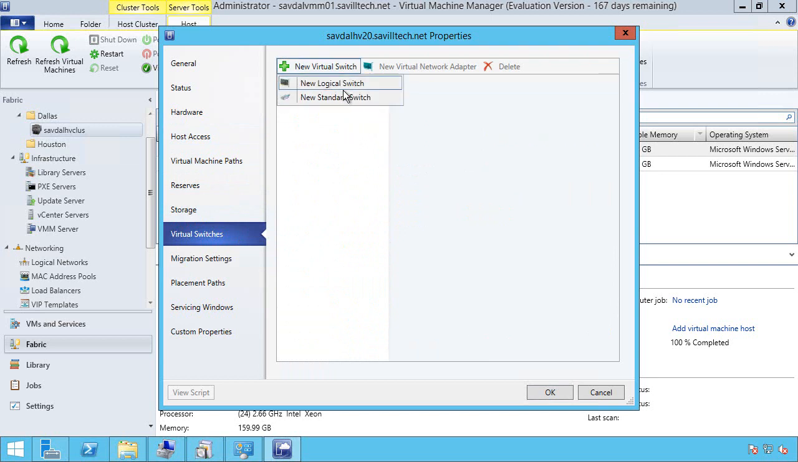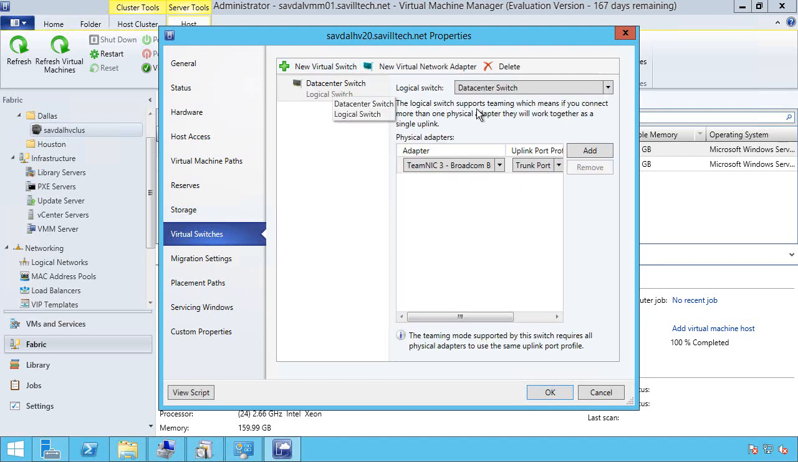I'm going to create a new virtual switch, and it's a new logical switch. I could also create a standard switch, which is just a native Hyper-V, no VMM config, but I actually want to do a logical switch. It's going to be my data center switch. And I want to add 3 network adapters: 1,